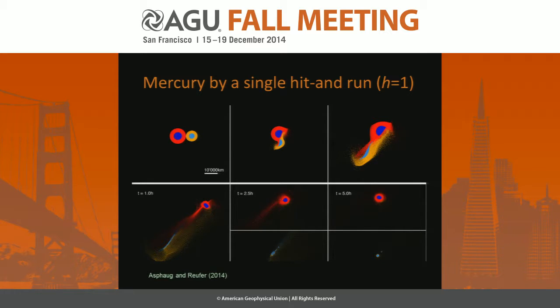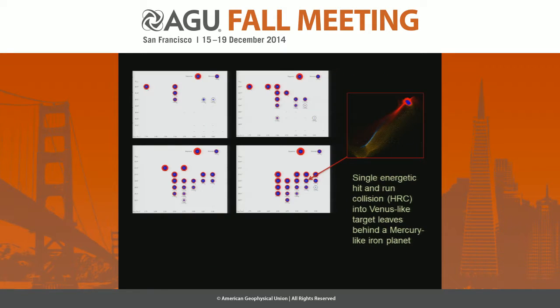And here the target starts off here. The target ends up there. It's about the same. It could be proto-Venus. It could be proto-Earth, depending on the dynamical scenario. And then off goes this object, which has about the mass of Mercury. And so we're trying to match this, match Mercury. And this is this field of outcomes